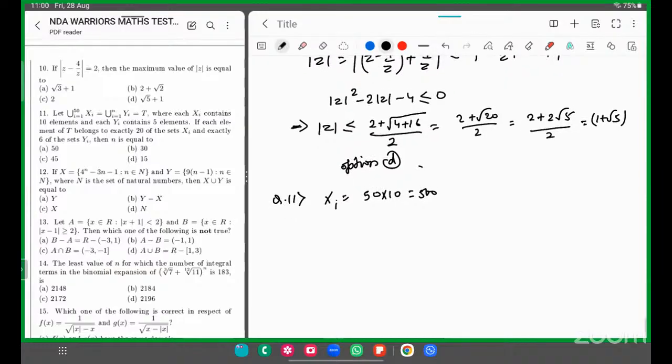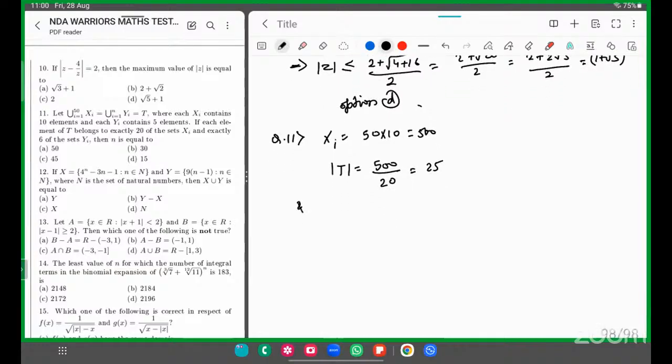Yi के पास, अच्छा Yi का तो n के terms में है ना, union equal to T बता रखा है. उन्होंने बोला each element of T is in 20 sets of Xi, है ना, बोला है ना 20 sets of Xi का each element T के पास है. तो इसका मतलब अगर मैं 20 से 500 को divide कर देता हूँ तो कितना आएगा? T के पास कितना निकल के आ रहा है, उन्होंने बोला है ना question के according, उसमें से 20 Xi से ही निकल के आ रहा था। 20 से इसको divide करने पे कितना आ गया, 25।